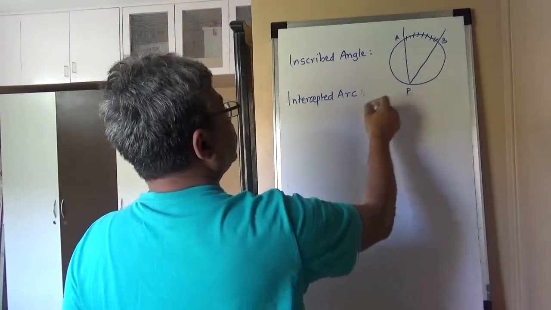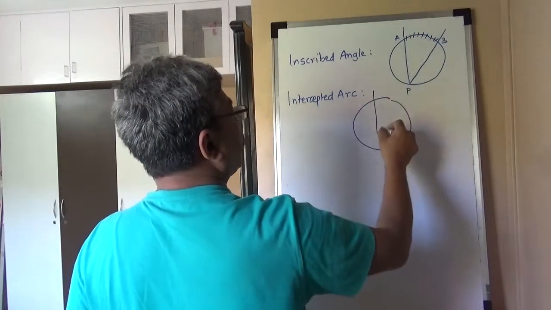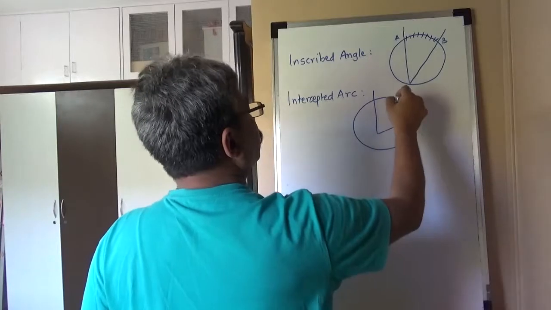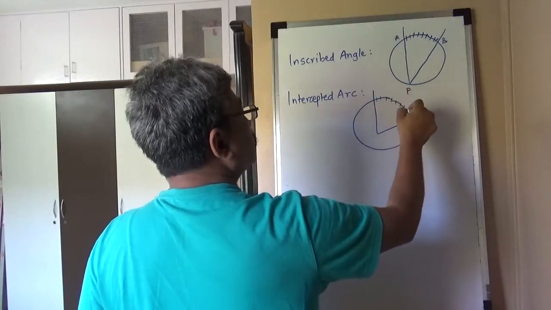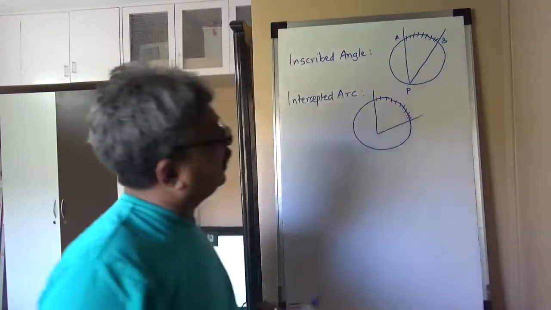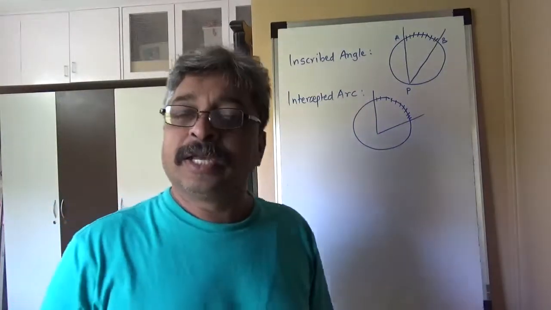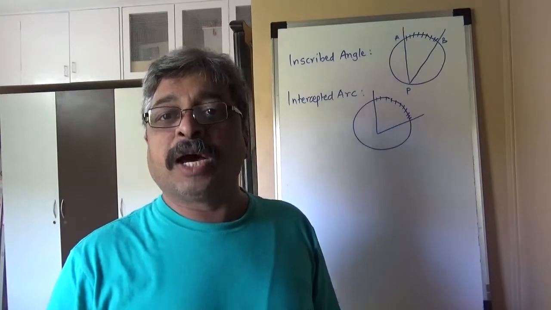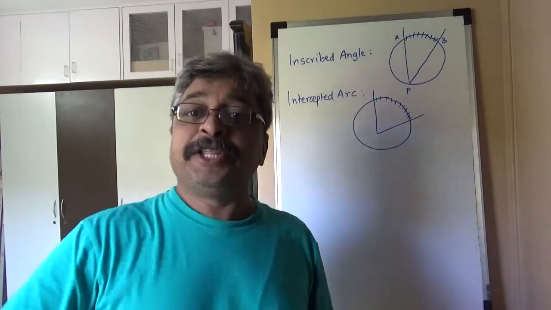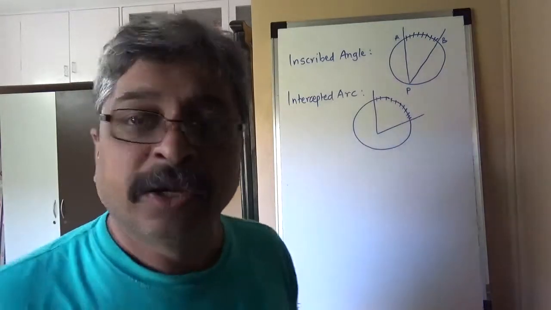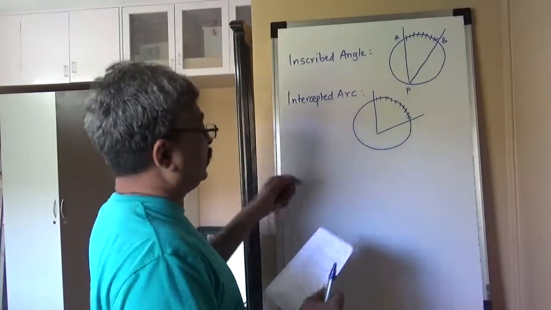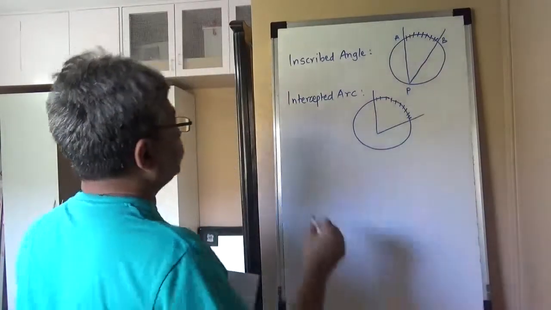However, it is not necessary that the vertex of the angle is on the circle. Still, this is called an intercepted arc. So essentially, what is an intercepted arc? It is the portion of the arc which is in the interior of the angle. So this is the intercepted arc, and hence the next theorem